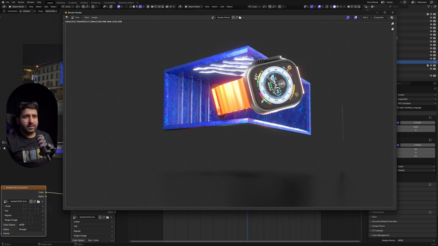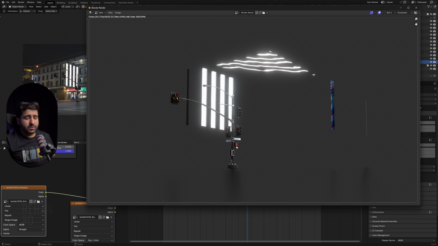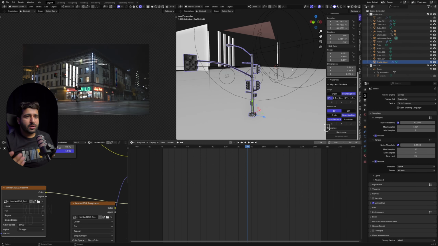So I will simply render this single frame of this, let me hide this. Oops, yes, let's hide this. I just want to render this traffic signal separately, so I will keep a single layer on my compositing layer of this traffic signal, so it will give me good control on this separate object also, so I can adjust it more. So just keep in mind, we will do this in the compositing, so you will get a better idea of what I'm trying to say.